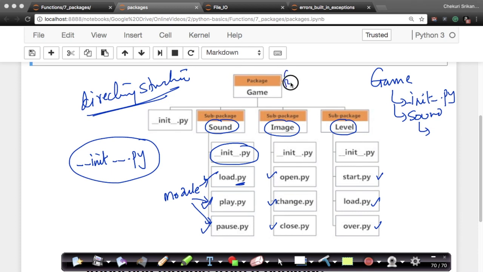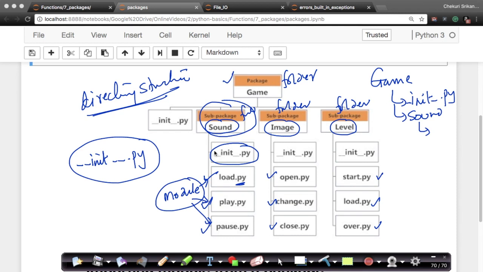So this is a folder. Similarly, this is a folder, this is a folder, and this is a folder. And the rest of them are files. So this is a folder and this is a subfolder. So you can think of packages in Python as basically folders, intuitively, if you want to think about it that way. And modules are nothing but .py files.